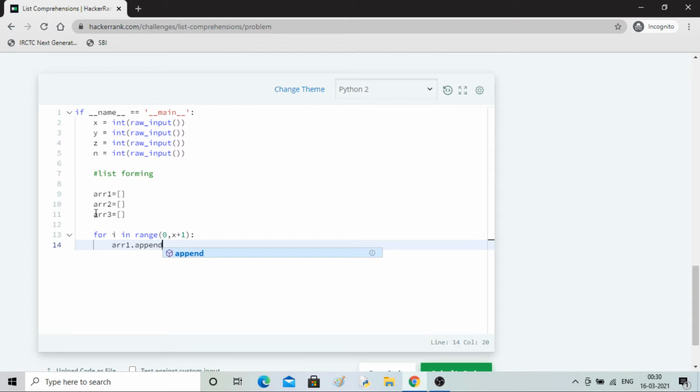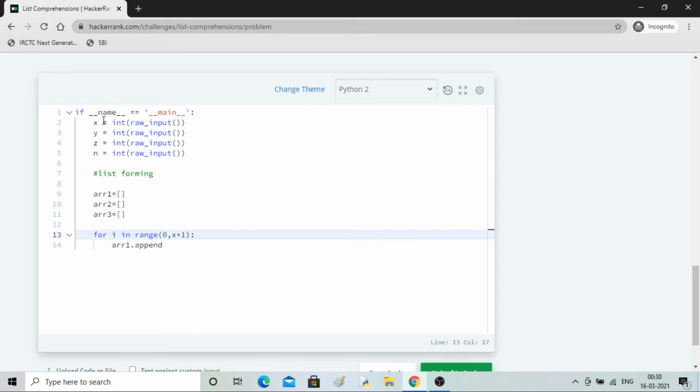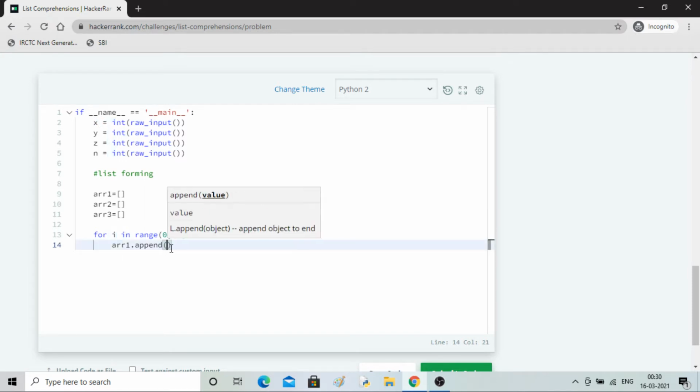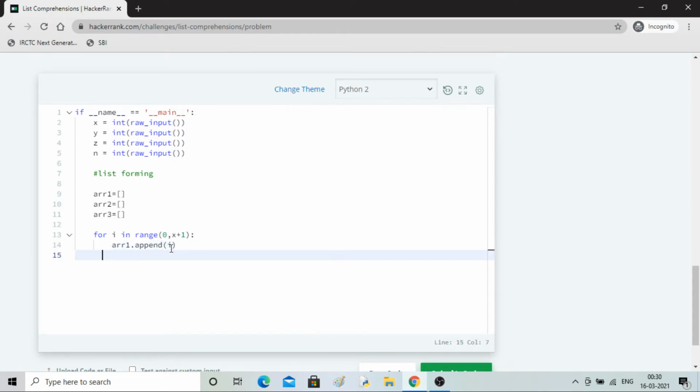If x value is 2, i will take 0, 1 and 2, and it will append to our array 1. So array 1 will have all possible values of x, 0, 1, 2, less than or equal to x.